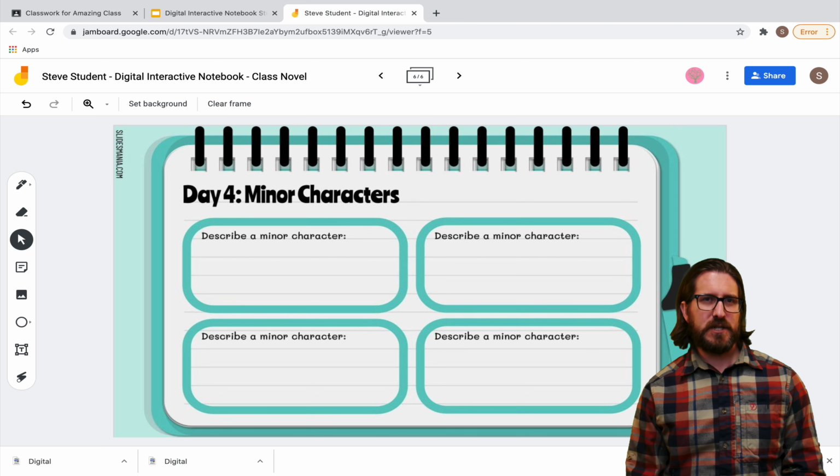If you do end up teaching students how to download images and bring them into Jamboard as a background, you'll also be organically embedding foundational technology skill development. And although it might take students a couple of tries to get the hang of it, eventually they'll be able to do it without any problems. And remember that since you're also the owner of the Jamboard, you could also add the new page to the student's Jamboard if they were having trouble doing it themselves.